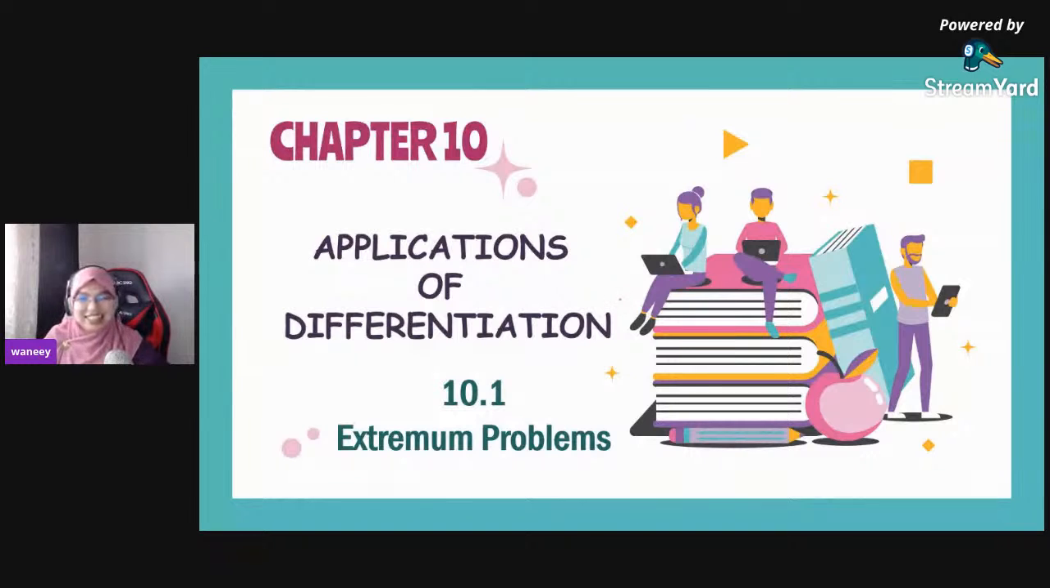Hi again. Okay, so today we are going to start with a new chapter, chapter 10, application of differentiation. So well done, everyone. Finally, we are at the last chapter for SM015, which is chapter 10. Hooray. So we're going to finish chapter 10 and then